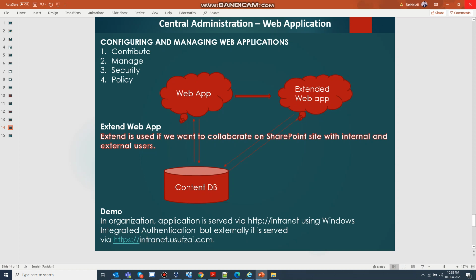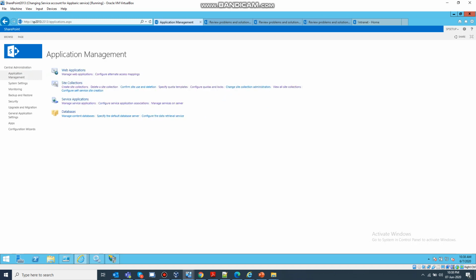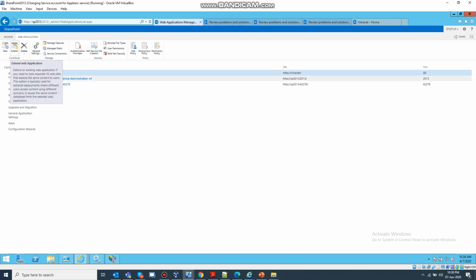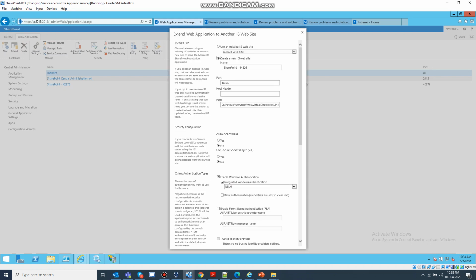Let's do it practically. Log in on the SharePoint server, browse the central administration, click on application management, manage web application, select the application that you want to extend, click on the extend link, give it a name, intranet external, a meaningful name,